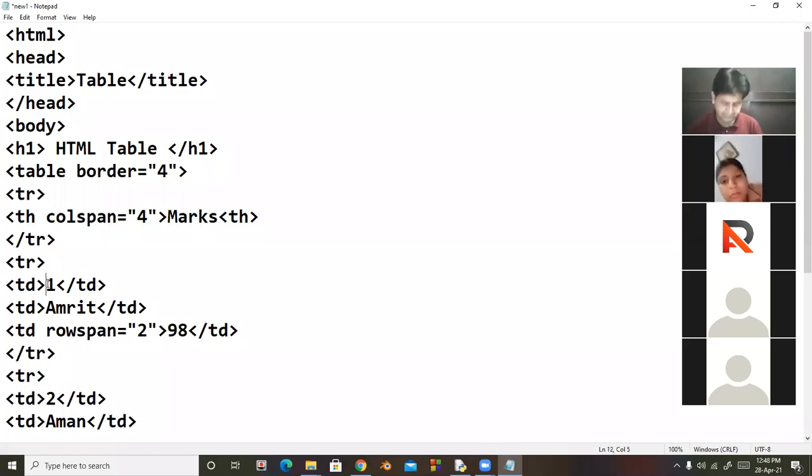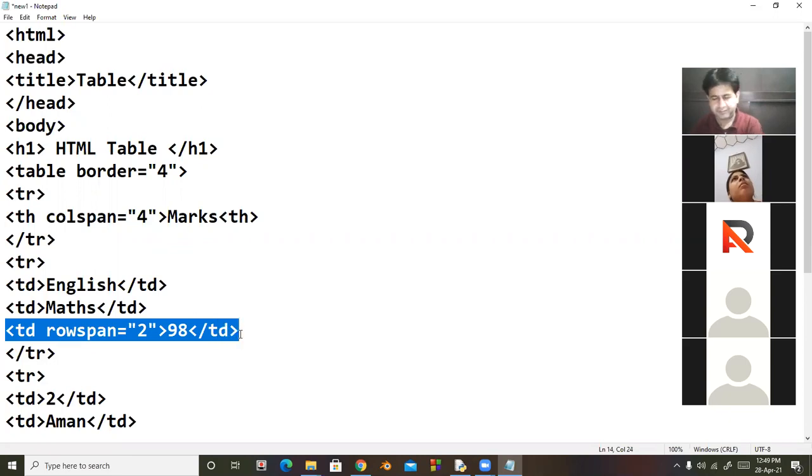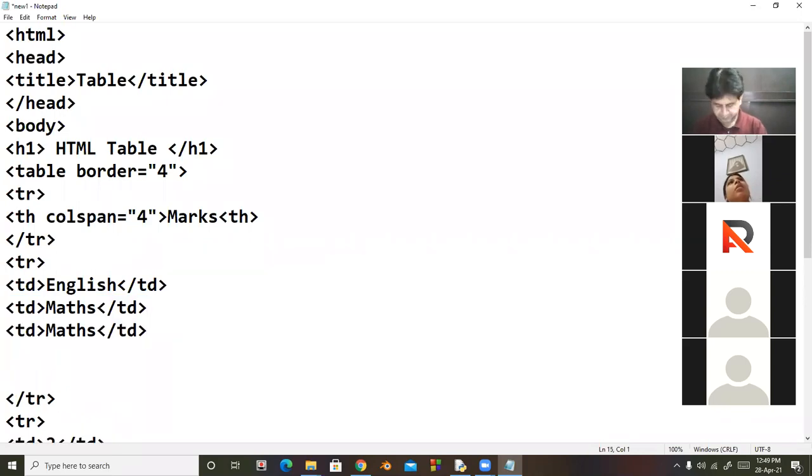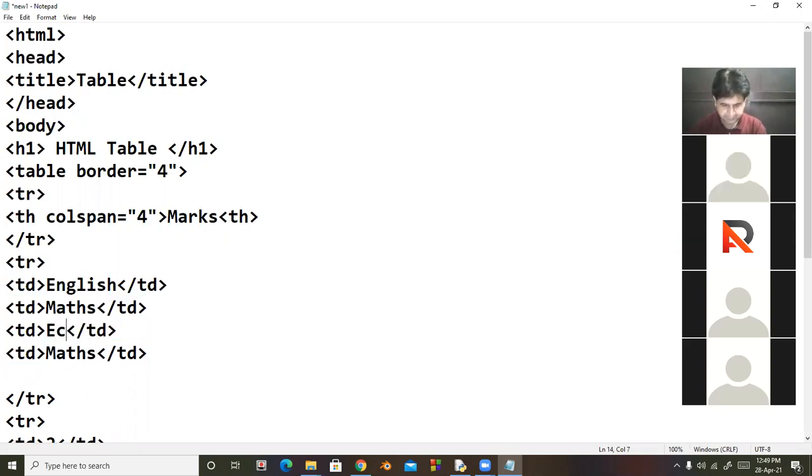Now in second line, I type here English, and then maths, then economics, then physics, then TR close.